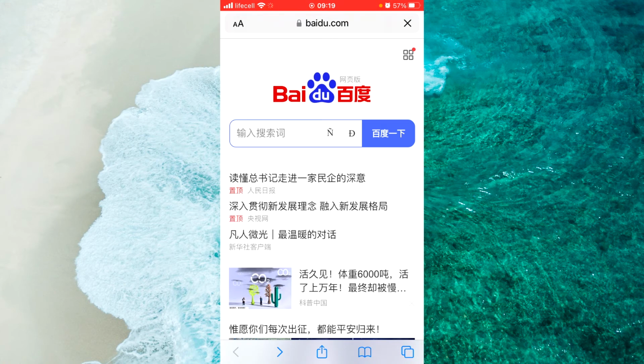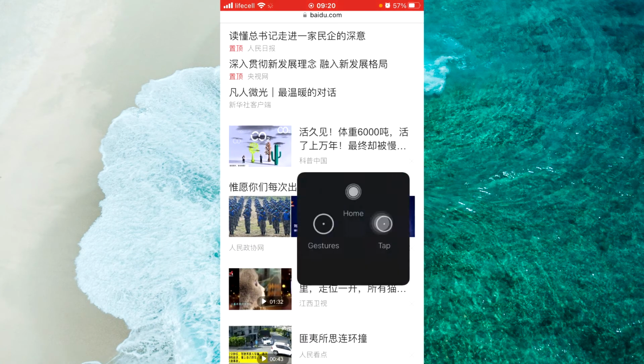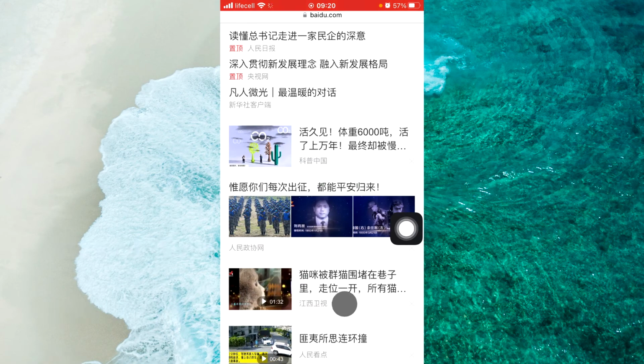So I am just gonna visit a Chinese website, baidu.com. Yeah, so I am on this website and I don't understand any of the language text on this website, and if I want to translate this to English so that I can read it, Safari has that built in. We just open any of this website, for example this one,